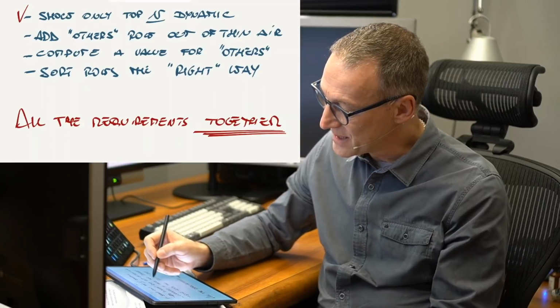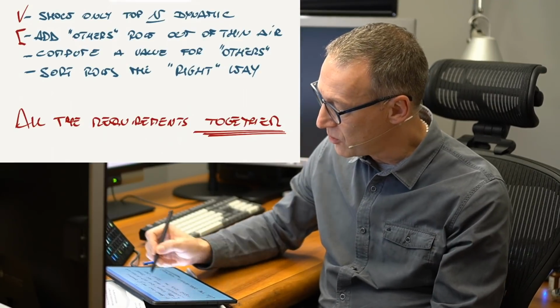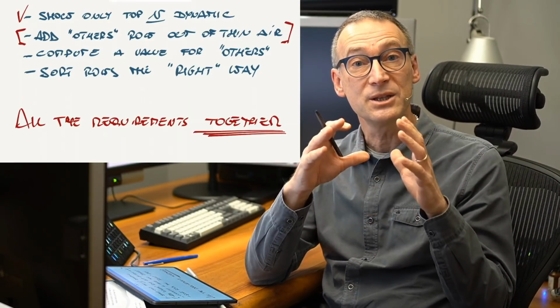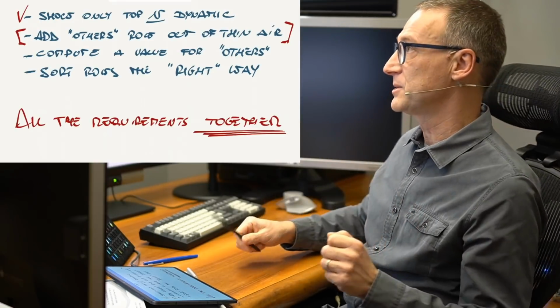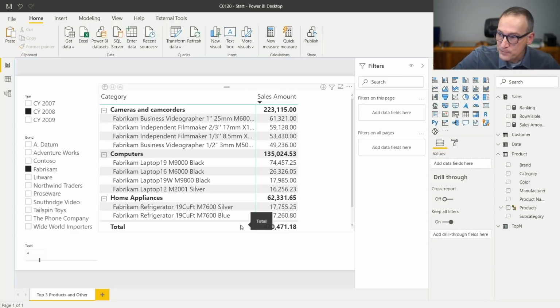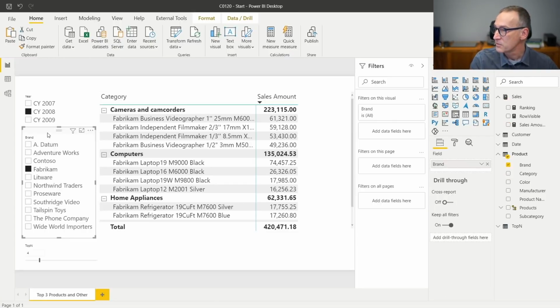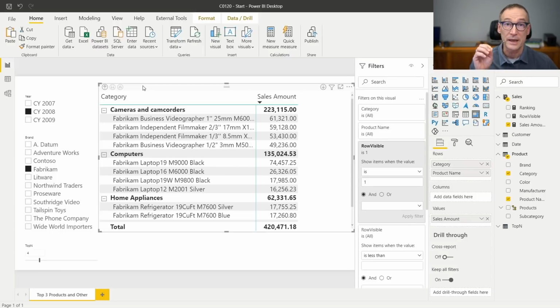The next step is to add a row containing others, because we are able to show the top 3. We want to show an additional row containing others. Let's do that together. So we have values here, and we already said during the introduction that we do not want to add a new row containing the product, because that row will be a product, and so it will have a given brand, a given category. We do not want a new product. We want to add another entity that will be visible depending on what we choose.